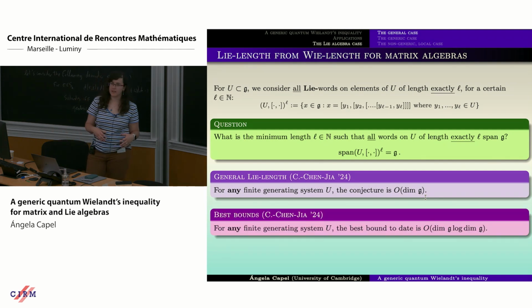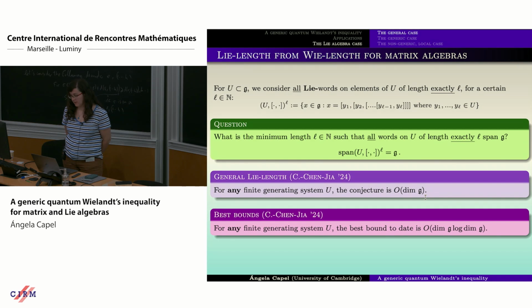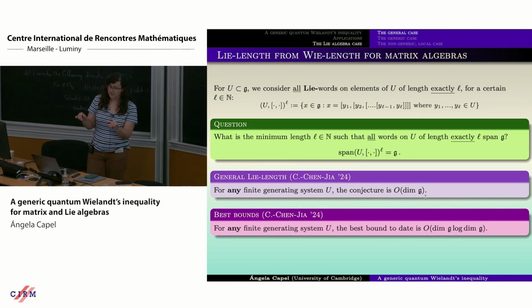And now again, translating the best bounds that were proven for the matrix algebra case, we can obtain that the best bound would be of order dimension of the Lie algebra times log of the dimension. The reason for this is essentially that now you can identify the elements that appear in the Lie algebra with an associative matrix algebra by using the adjoint representation. So of course, every time that you go from the elements of your Lie algebra to the matrix algebra using this adjoint representation, you increase a lot the elements that are generating your system. And then when you come back to the Lie algebra, you increase even more.